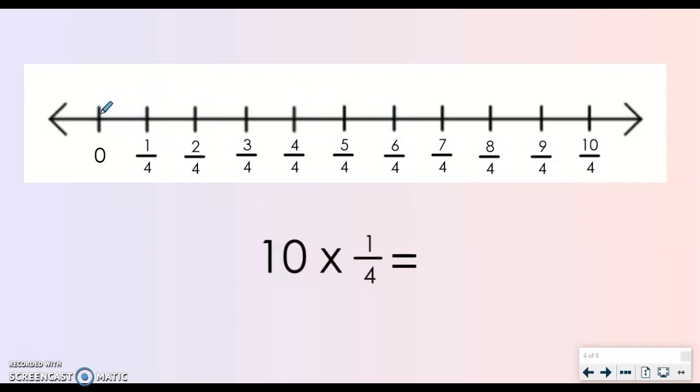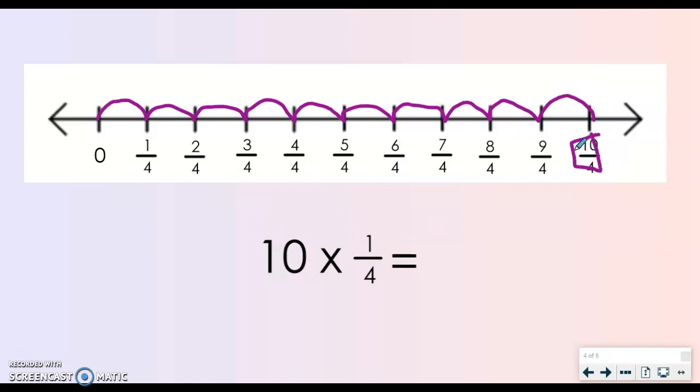So obviously 1 times 1/4 is 1/4. So let's do this hop. 10 times would be 1, 2, 3, 4, 5, 6, 7, 8, 9, 10. So 10 times 1/4 equals